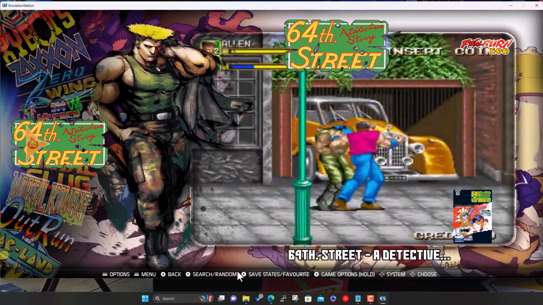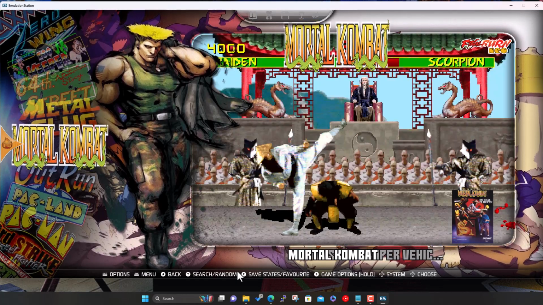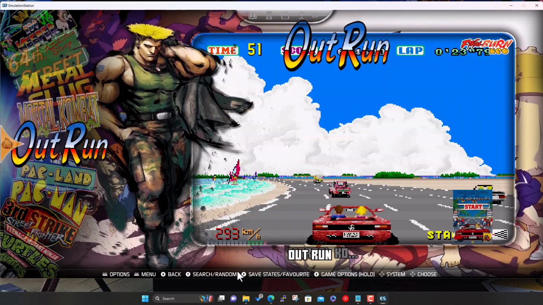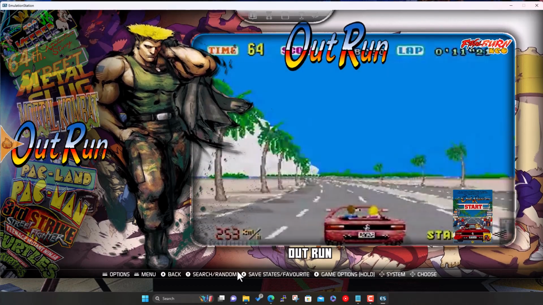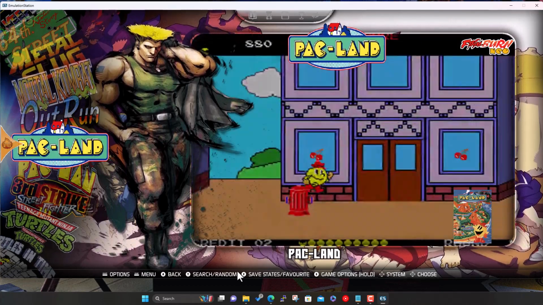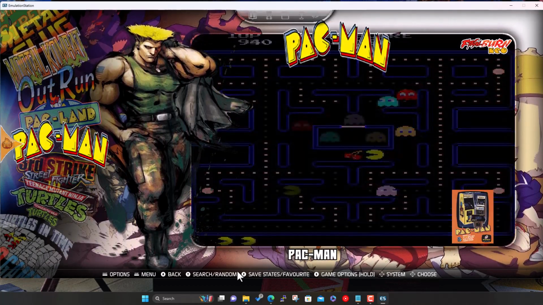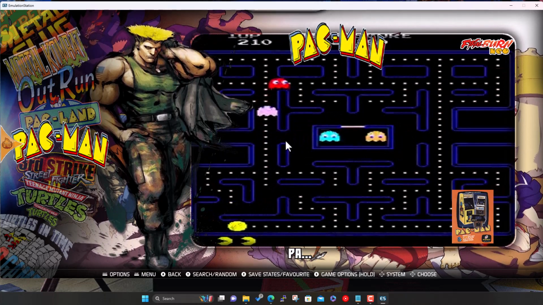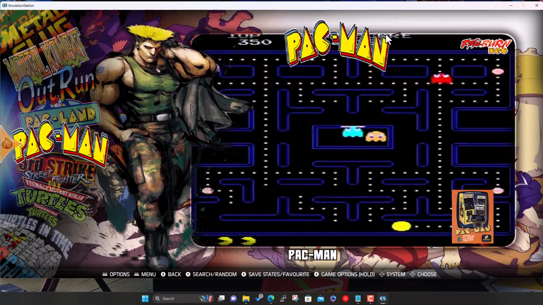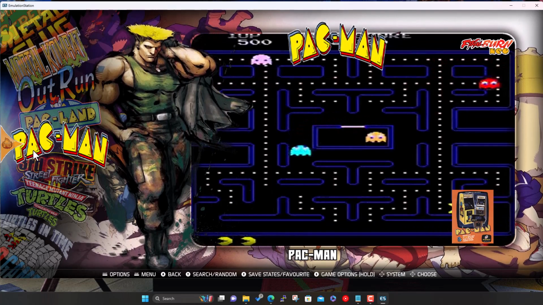So yeah, again, it's the same layout. We've got the wheel down the left-hand side here, and you've got all the games with all the artwork pre-supplied. So you've got a static image, and then you pause for a couple of seconds, and you get the video clip. You've got the logo and icon here, the same one that's used for the wheel. You can see they've all got